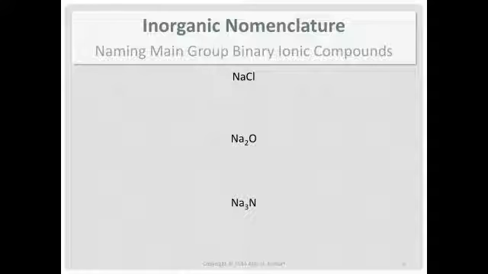First thing you have to do when you're given the chemical formula is ask, is it molecular or is it ionic? And remember the generalization. Nonmetal to nonmetal in a binary compound is a molecule, and metal to nonmetal in a binary compound is an ionic compound. And I've said this before, but it's not a hard and fast rule. It's a generalization. It works fairly well.